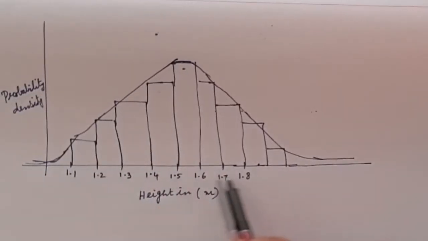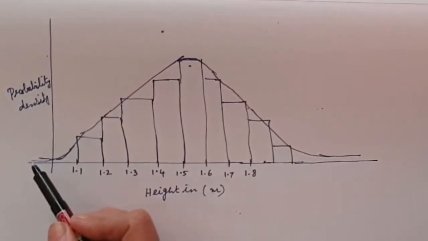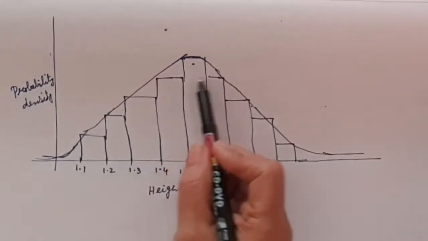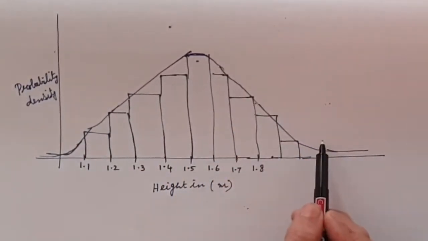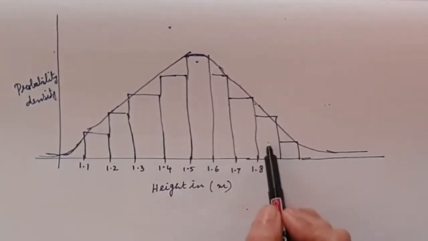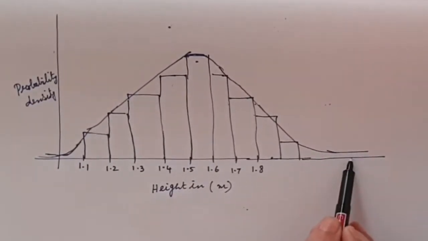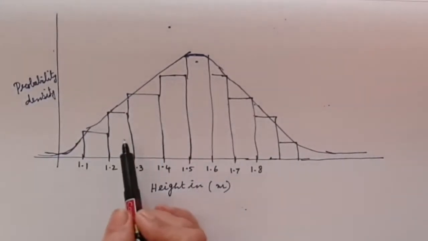normal distribution. By plotting the heights of the students against their probability densities, we will get a graph that will look like a histogram. The bell-shaped probability density is called the normal distribution. Both the ends of this curve do not touch the x-axis. The total area under this curve is 1.